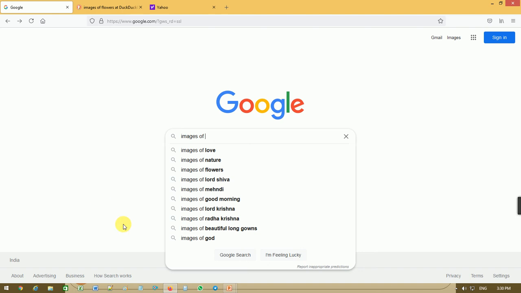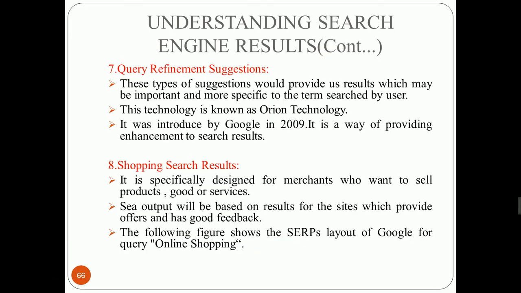So these are all the images query refinement suggestions. That means if you want to search anything, it will give you a suggestion. You can see or you can search like this. So it is called a query refinement suggestion.